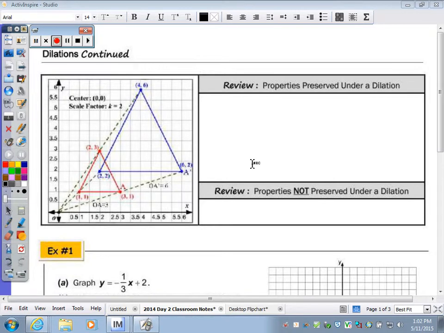So if you look at the top of the page, we're going to do more with dilations today. Question number 1, we're going to take and dilate a line. Okay, so I want you to think to yourself, dilations, our figures usually get larger or smaller. Does a line really get larger or smaller? And then we're also going to construct a triangle that's dilated by a specific scale factor in number 2. But to start, I just wanted to review again the properties that are preserved with a dilation